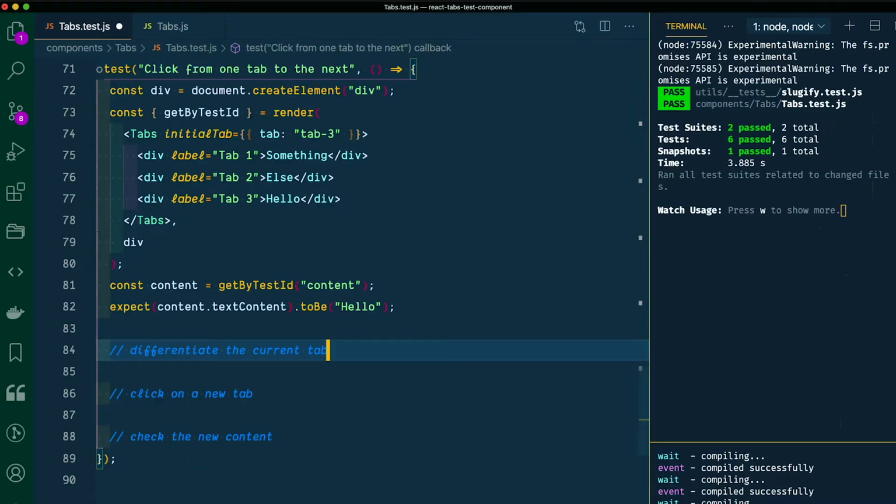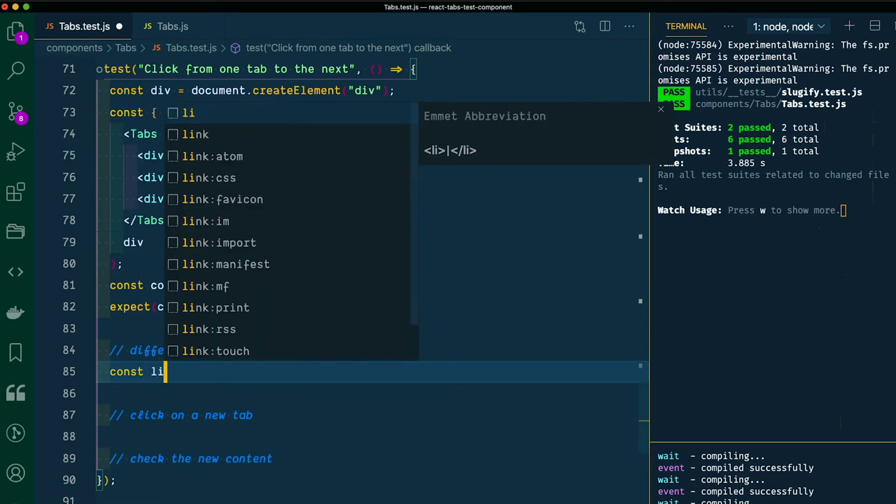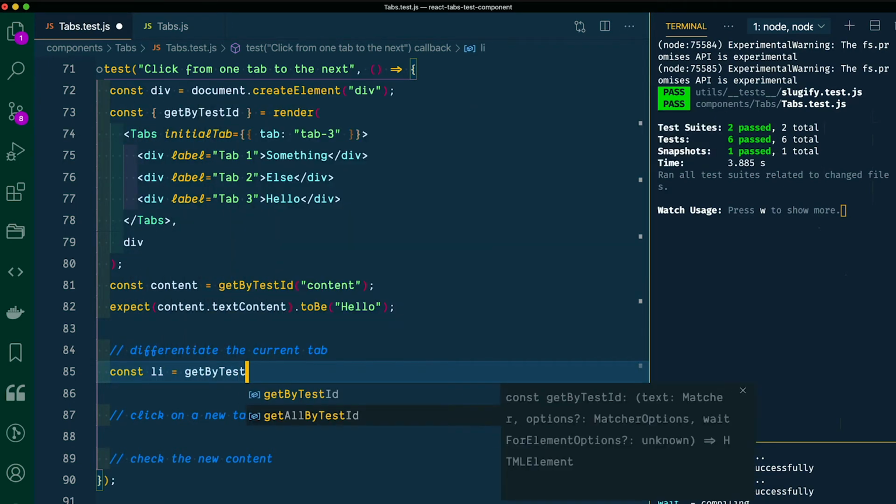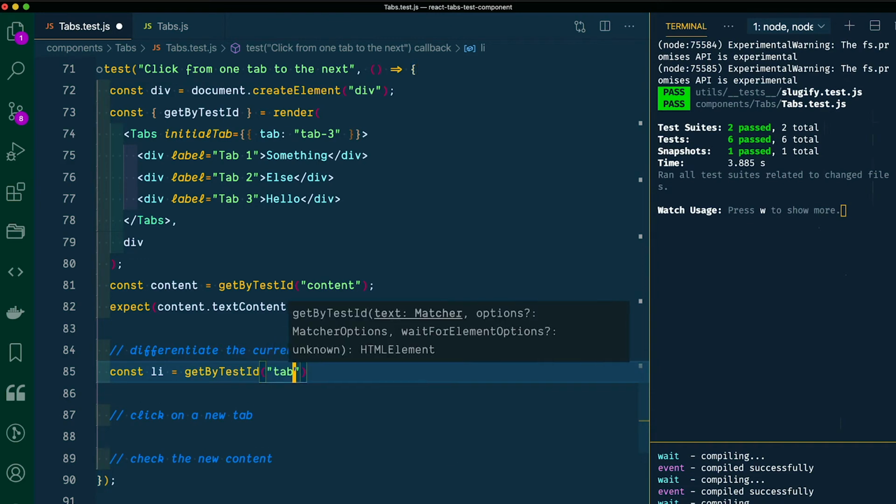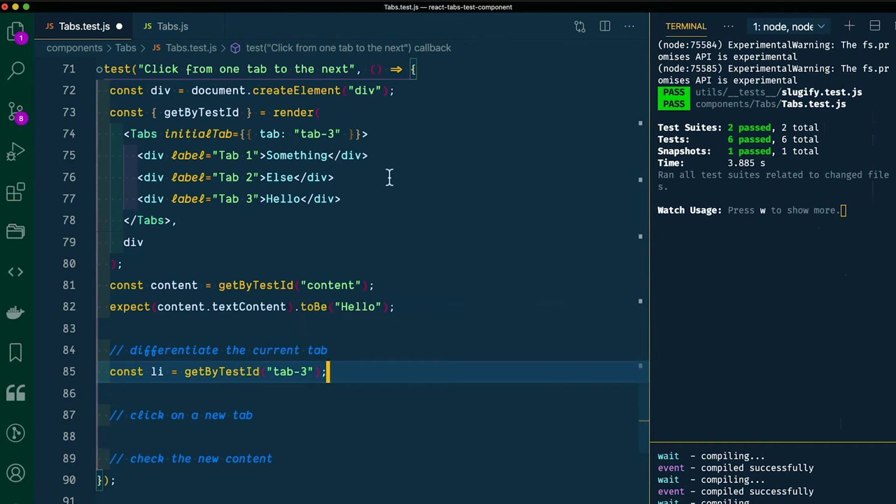Okay, awesome. Now within our test, we can grab the ID that we just created. So I'm going to say const li = getByTestId. And here I'm going to grab tab-3 since we've defined that as the initial tab. In the setup